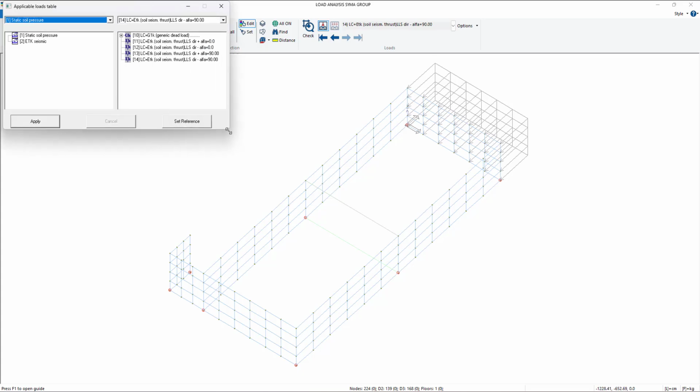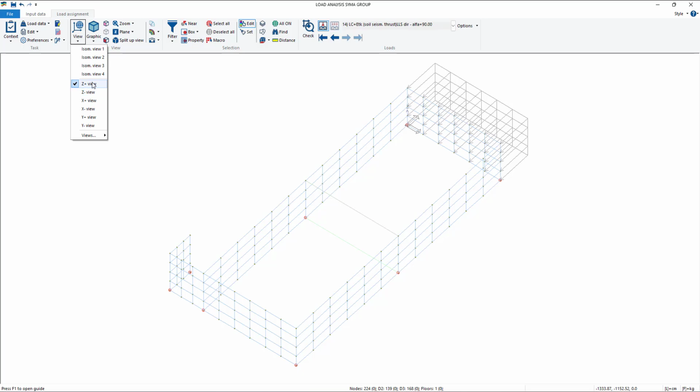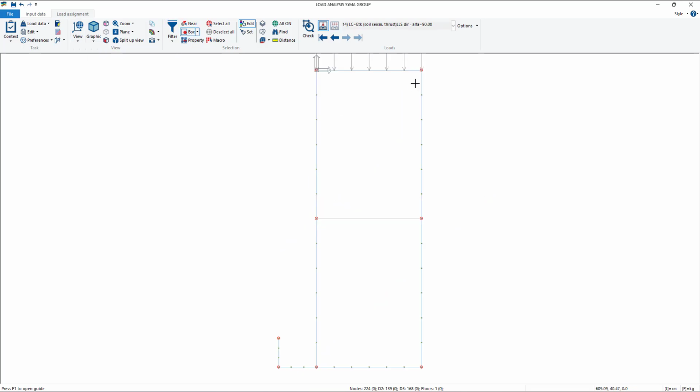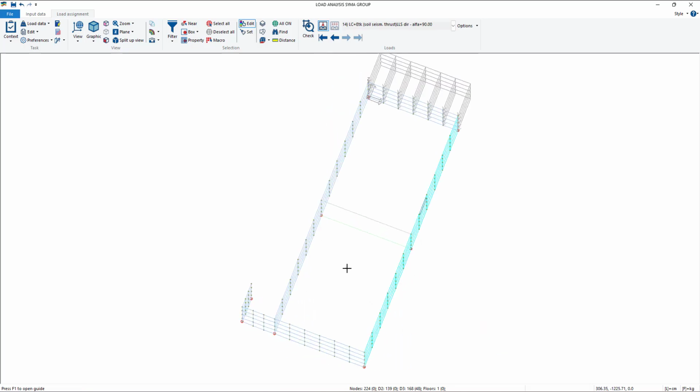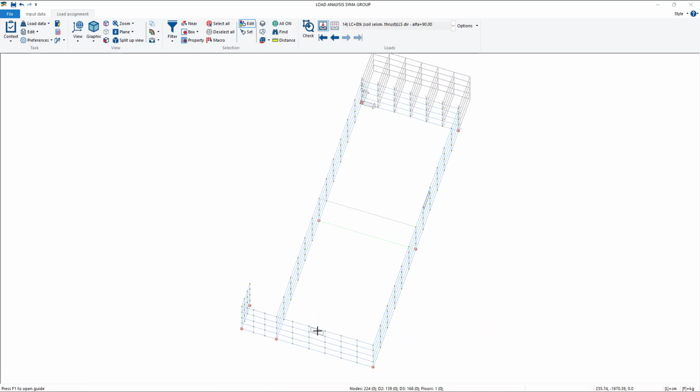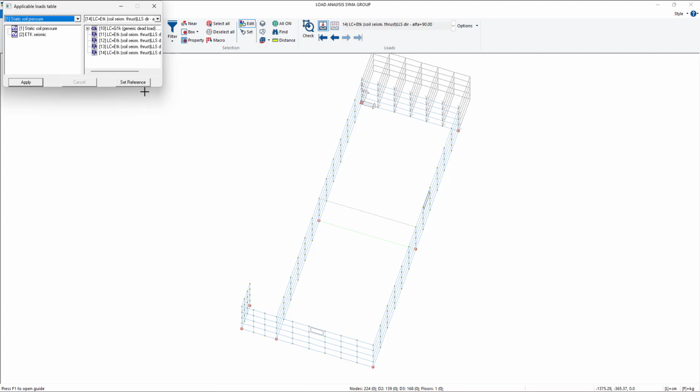Here we have to insert in the load case x direction negative. So alpha 0 negative. Apply, set reference. View Z view box, assign reference.